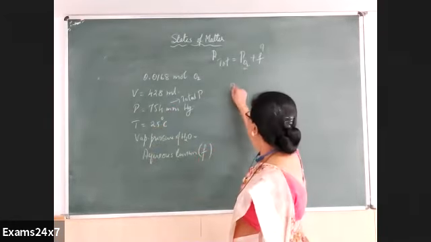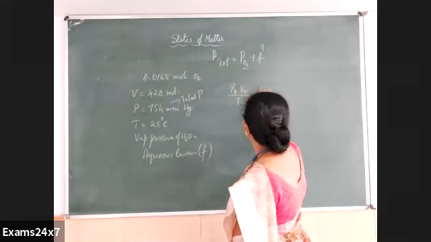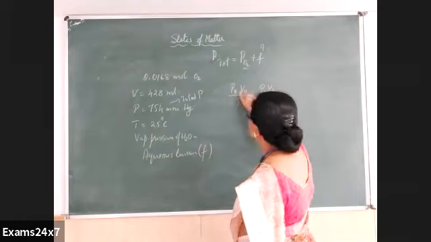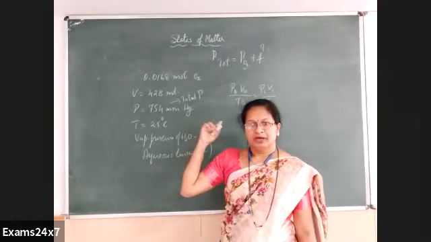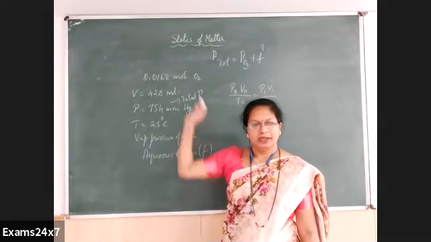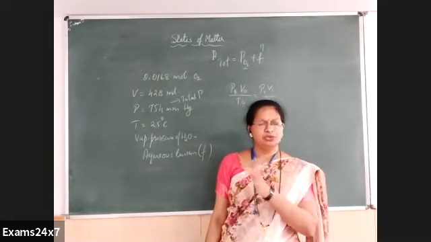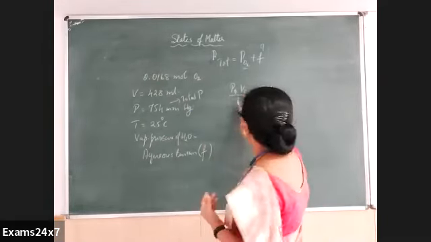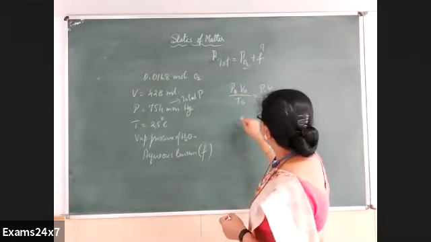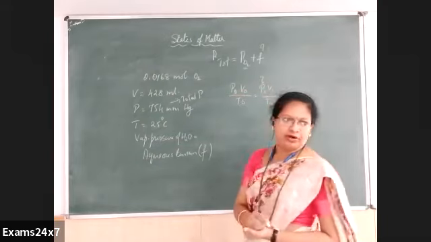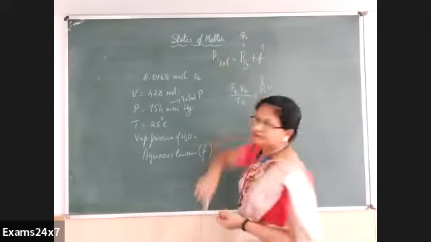We have the formula P0 V0 by T0 equal to P1 V1 by T1. Here zero condition stands for standard. 1 stands for laboratory measured values. You can take P1 V1 T1 and P2 V2 T2, no problem in that. But in order to indicate this is a standard condition, we are using it. That's it. Applied here, what to find? P1 to be found, which will be equal to pressure of oxygen.